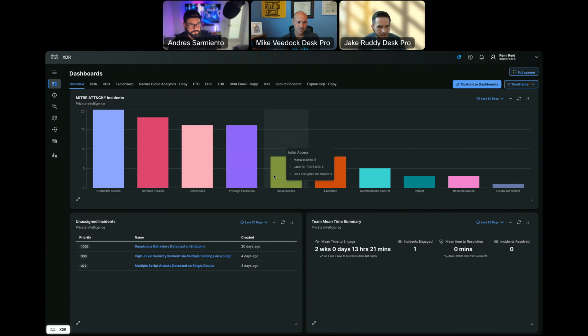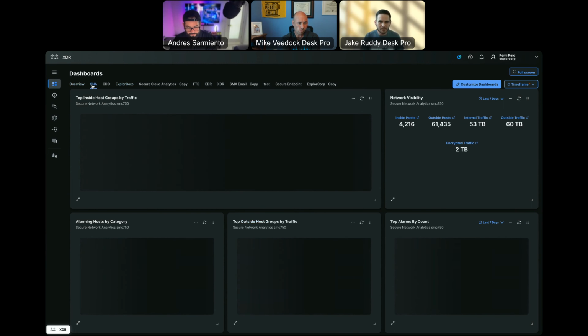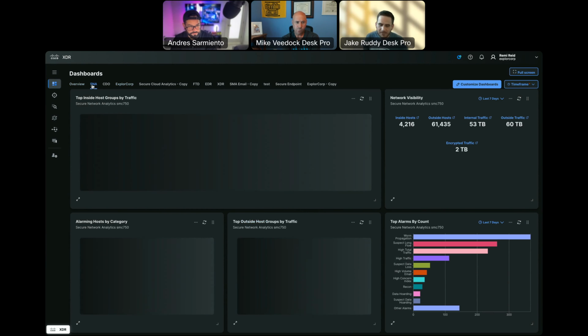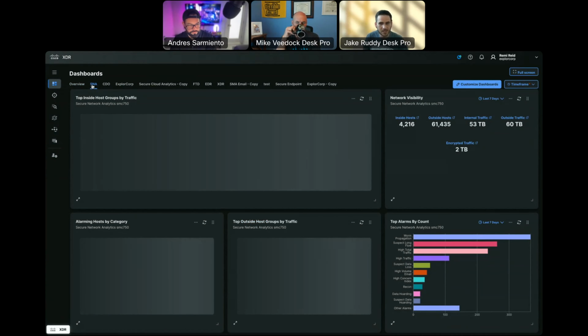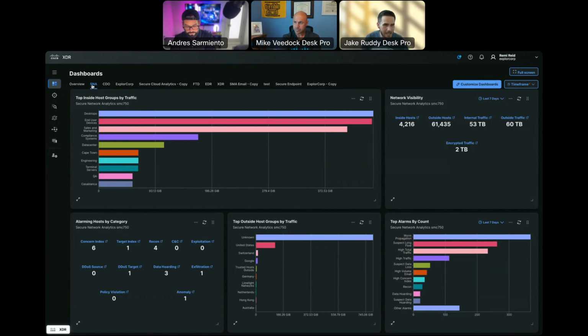Cool. We'll leave it there on dashboards. You see across the top, I'll click through a couple. You can build your own custom dashboards that display different security telemetry from different security tools, right? This one, SNA, that's Secure Network Analytics, aka StealthWatch, another one of the security products we have. All these different tools also have their own version of, say, security dashboard that has their own widgets and metrics. That's fine. I can pull those little widgets into these XDR dashboards as well.